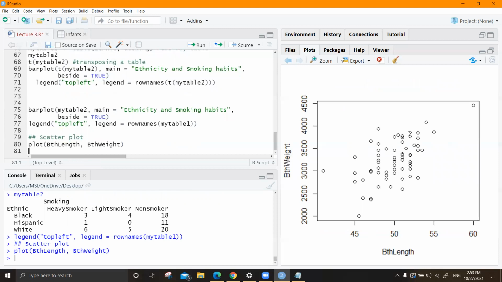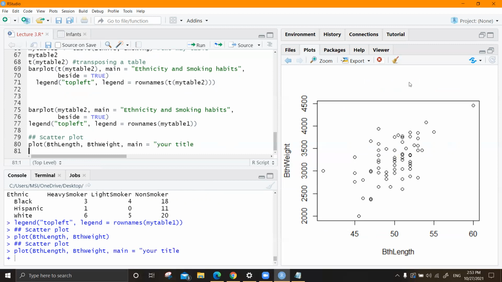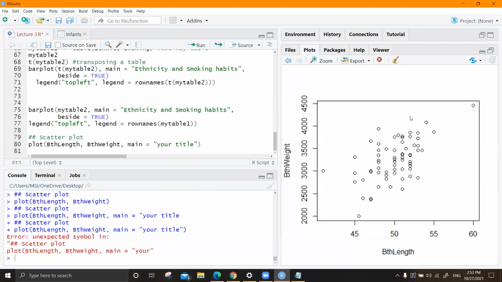You are getting scatters. Here also you have to give the title. Okay, main equals your title. I'll just generally give that. What happened?